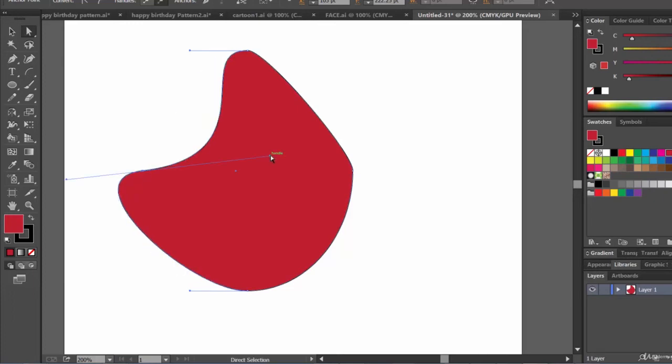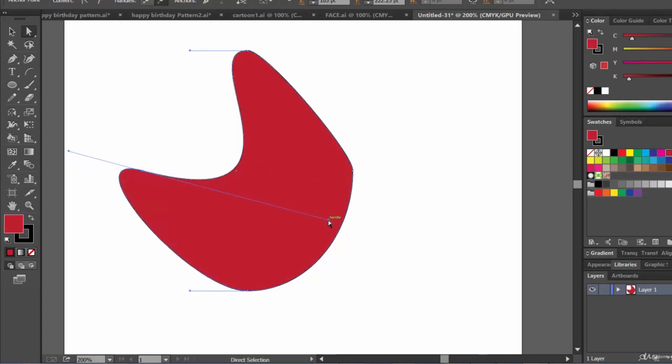Now if you want, you can also control the curve on one side. I mean to say, for example, when we are dragging it like this, the curve is changing here also because this handle is also changing. Just take a closer look. See, just like this, you can see a preview of what is going to happen.